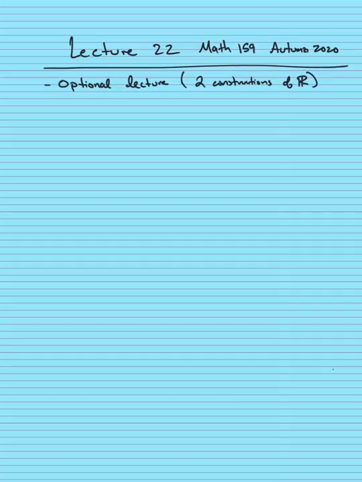So on your last homework, you kind of have one construction constructed from certain equivalence classes of Cauchy sequences. We're going to see two more in this lecture. It's not going to be on the final, but I think it's kind of good to know about, okay? And I certainly won't have time to present all the details of it, but I'll be able to tell you at least the definitions and say a couple of the properties, how you get enough of the properties of R that you want. Okay, so the first construction